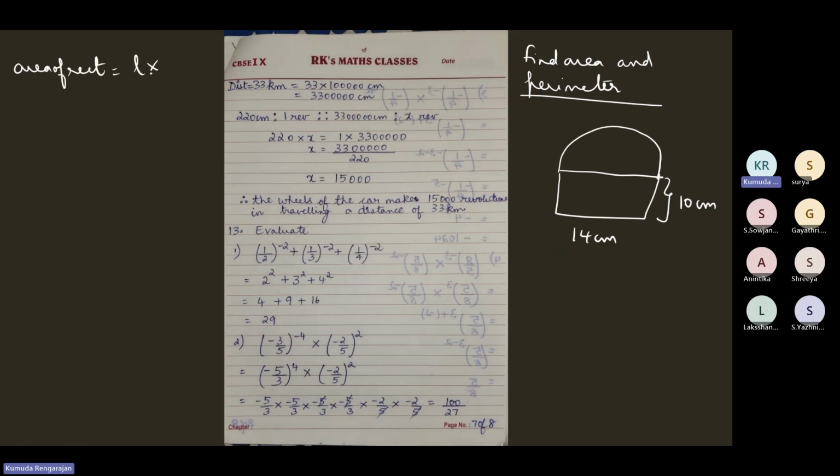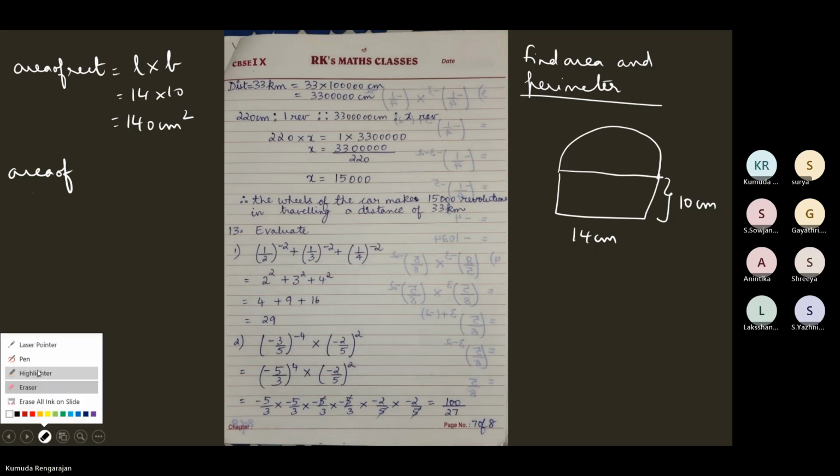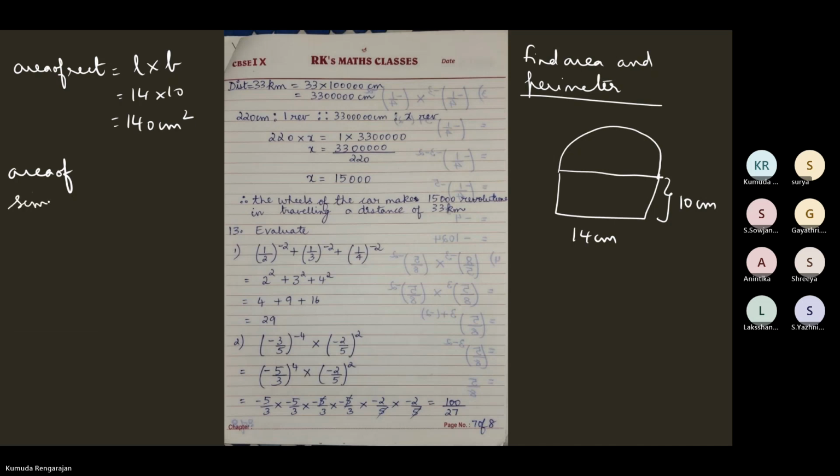Area of rectangle is equal to L into B, 14 into 10, 140 centimeters square. Area of circle. Oh, sorry, semicircle. Area of semicircle is half into pi r square. So half into pi is 22/7 into r square. Diameter is 14, so 7 into 7. 7 and 7 cancels. 2 elevens are 22, 11 times 7 is 77 centimeters square. So the area of the figure